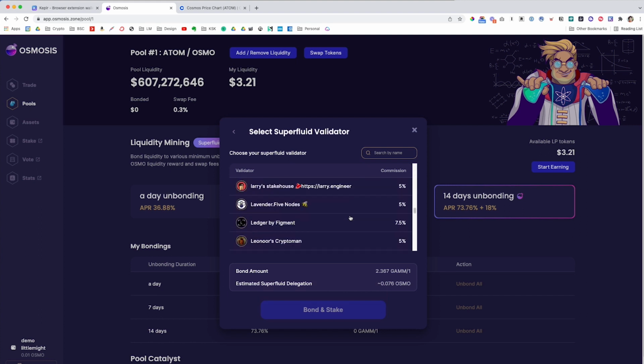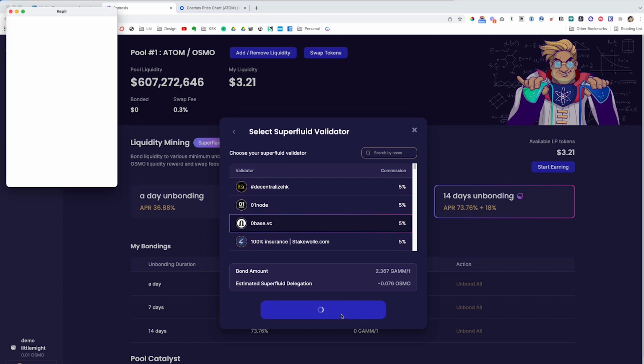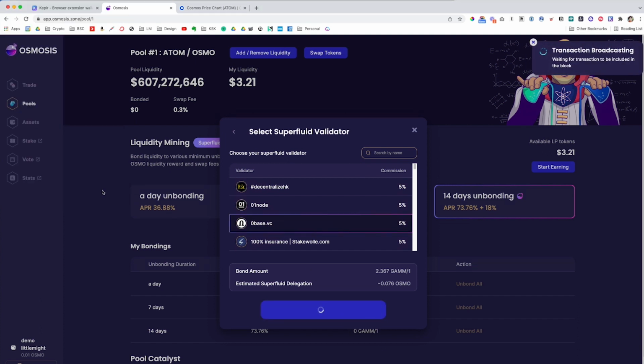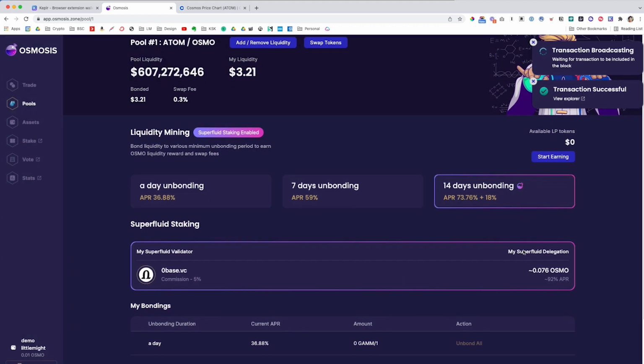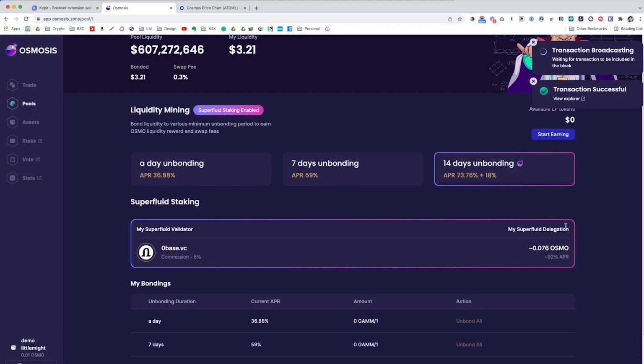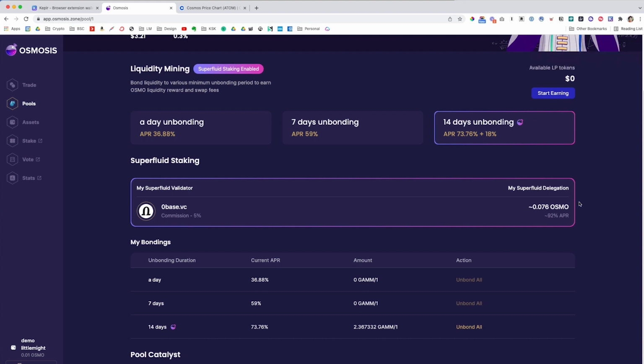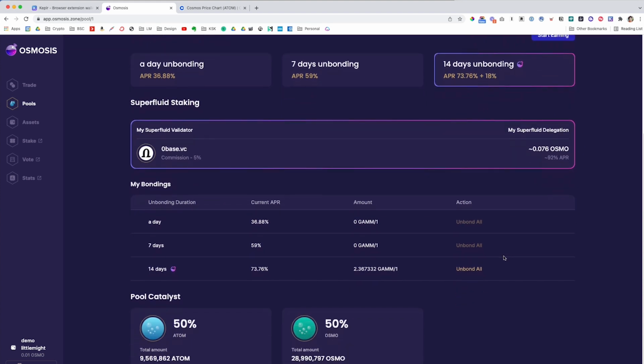And here you're just picking what node you want to go with. Let's just say approve. And what's going on now is my Osmo is being staked. So I'm going to earn rewards on that. And then I'm also going to earn 73.76% in rewards, in Osmo rewards from this pool. So you're essentially double dipping because you can get two sets of rewards at the same time,